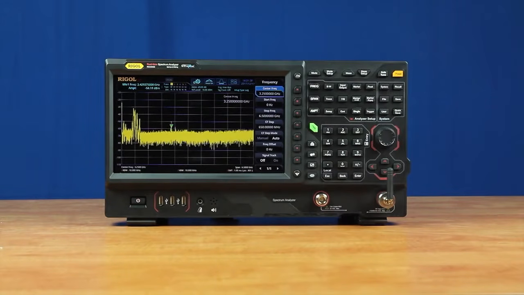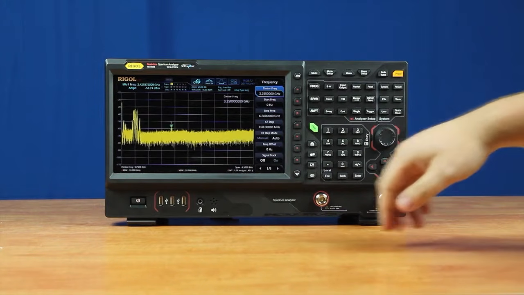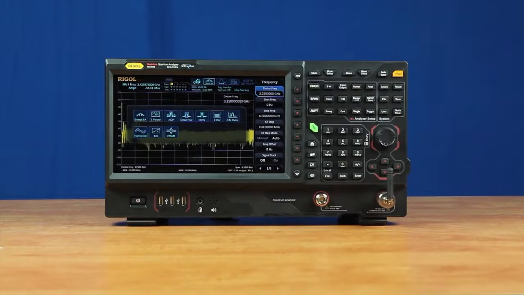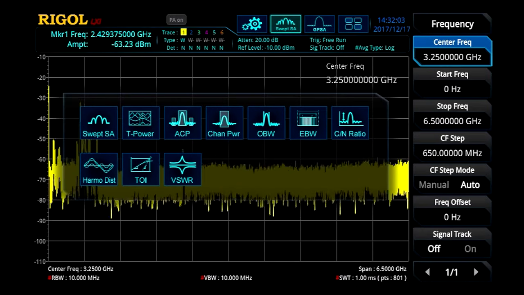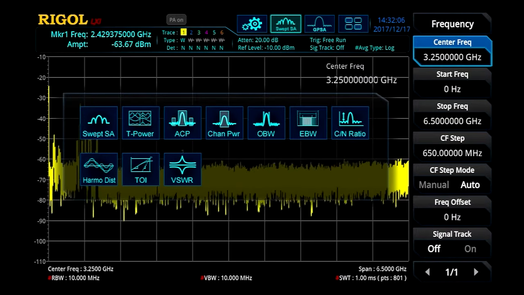In this mode, the instrument can sweep the entire frequency range for this model at 1 millisecond. And this instrument comes with 1 Hz RBW and a noise floor of negative 165 dBm. And in sweep mode, we can do our more traditional RF characterization testing, including VSWR testing, harmonic distortion, channel power,